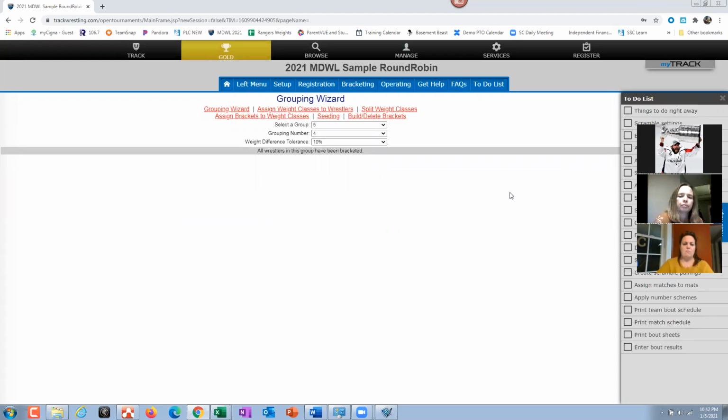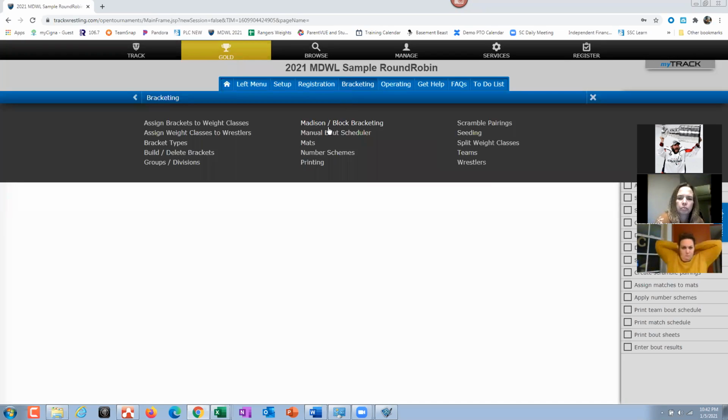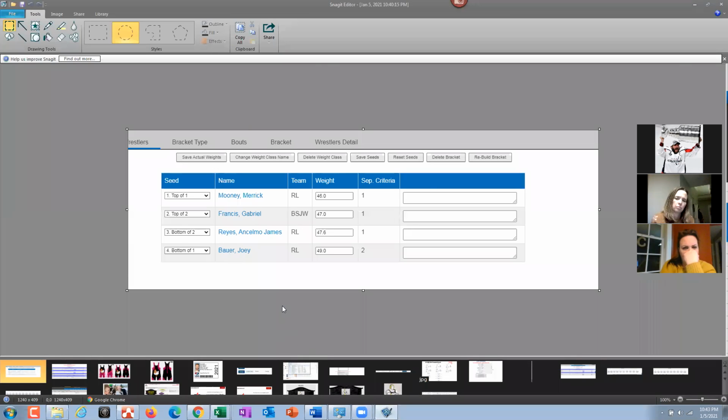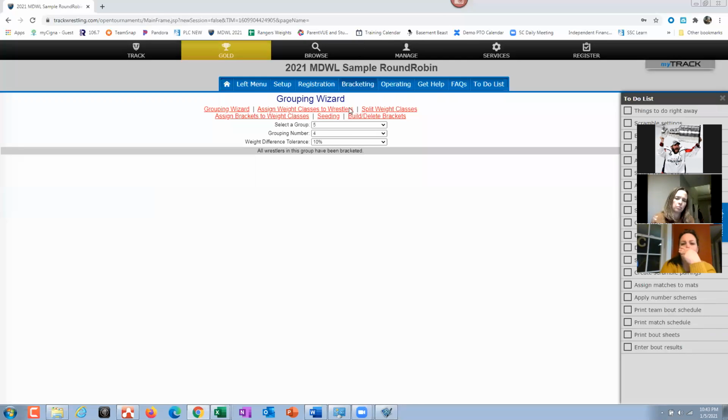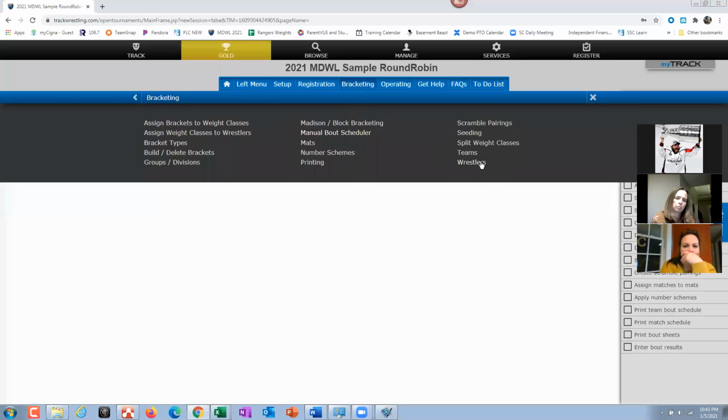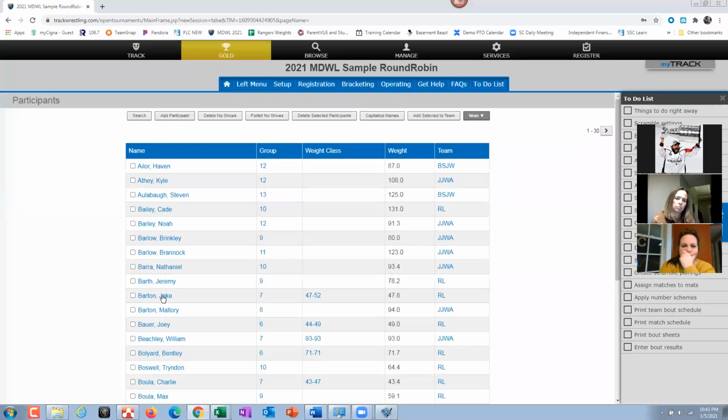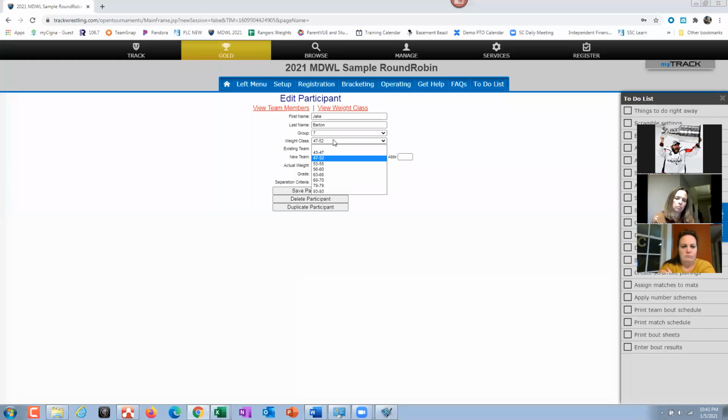So a lot of what I did is toggling between Madison, which is, think of Madison as already approved, and group divisions is before you saved. So I did a lot of what I just did every time I got a scratch. I would ungroup them, research where they should go, and then regroup them. The day of, you could potentially, like I said, go to wrestlers, go to Jake and this guy, and you could actually try to move them. Just keep in mind the drawback to that. Like I said, it's not going to carry their weight over.